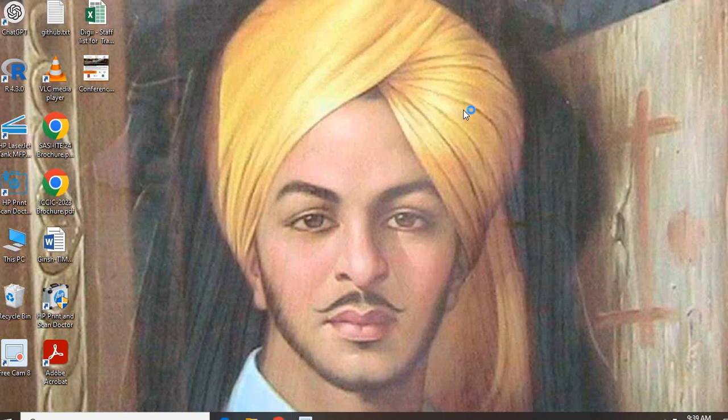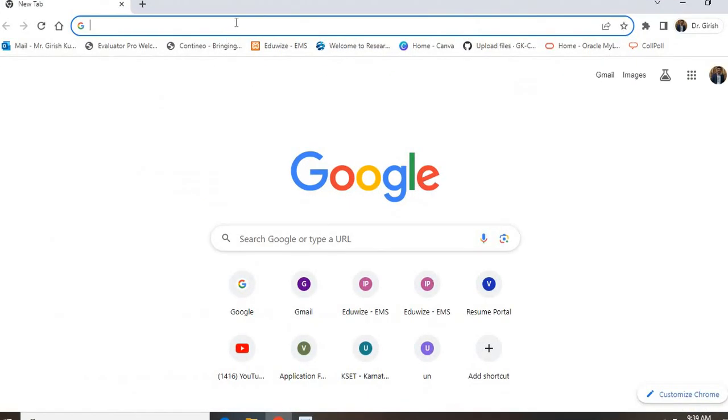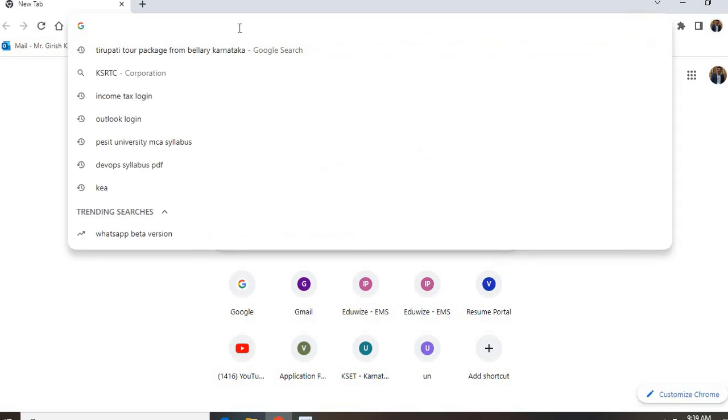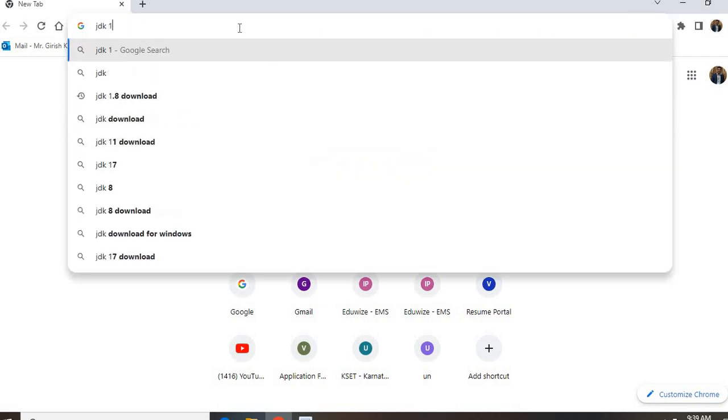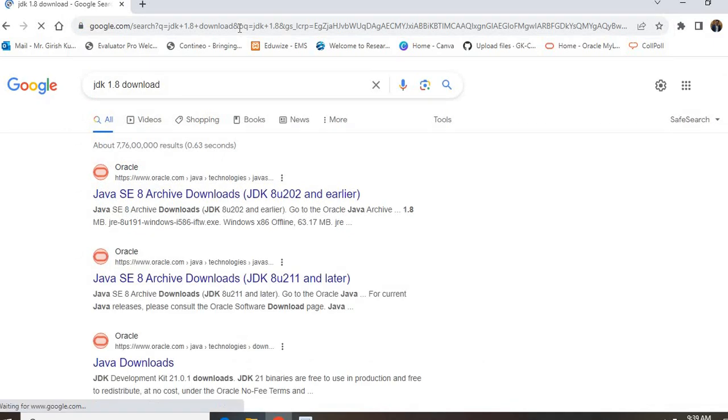In order to do that, go to your browser. You can use any web browser. Here I went for Google Chrome. I will search JDK 1.8, or whichever version you want. You can see we are getting the links. Click on the first link,